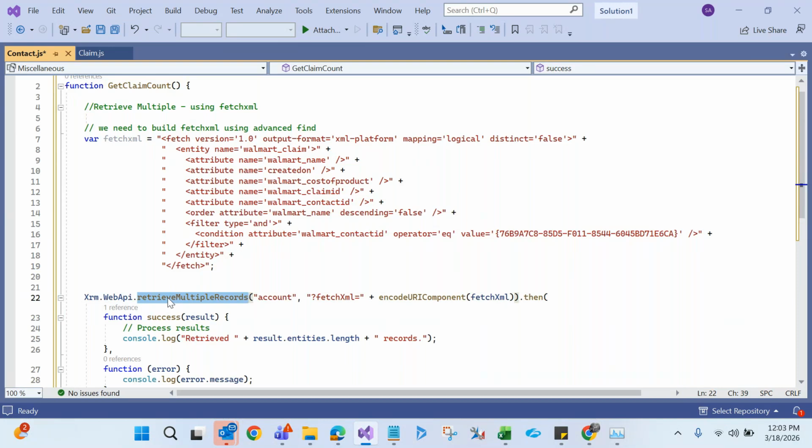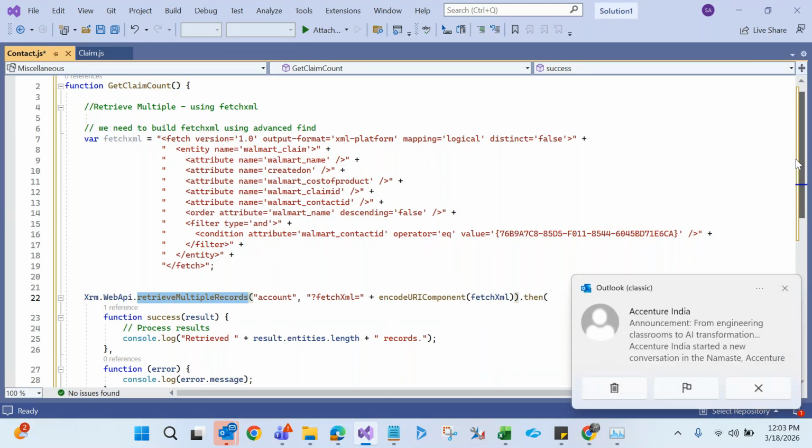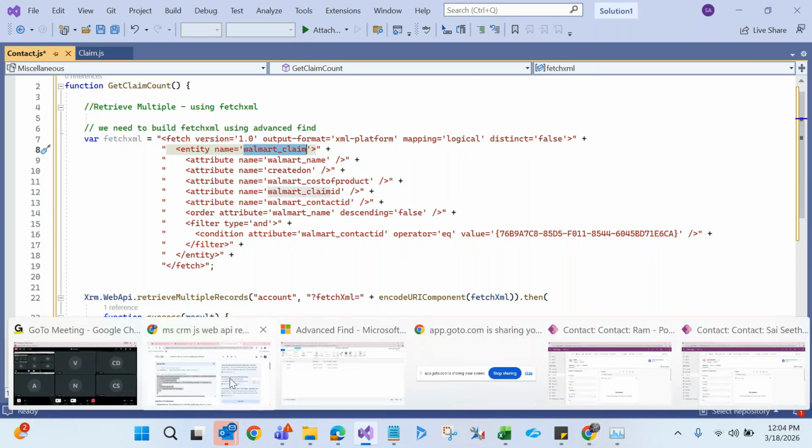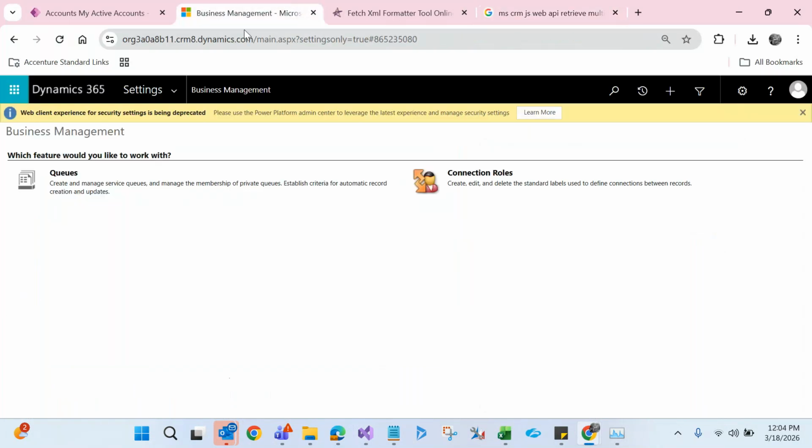Which entity records are we retrieving? Claim. Claim entity. So what is the claim entity schema name? See here you can find the claim entity schema name. Entity name equal to Walmart underscore claim. If you don't know how to find the schema name of an entity, you can go to solution. See here settings,